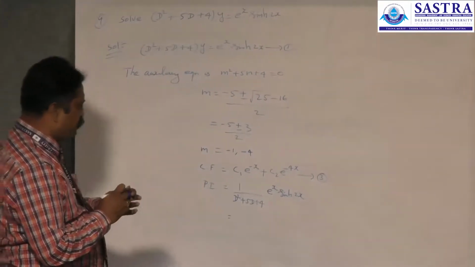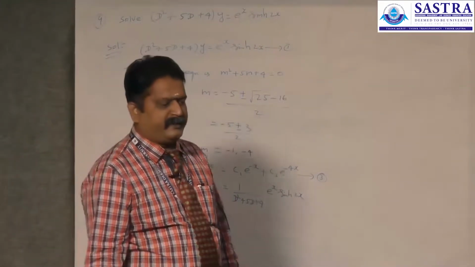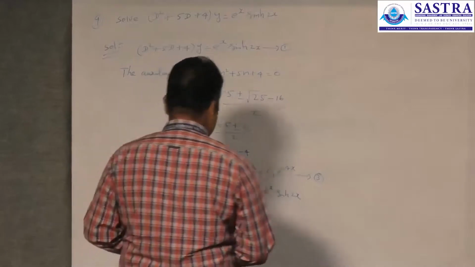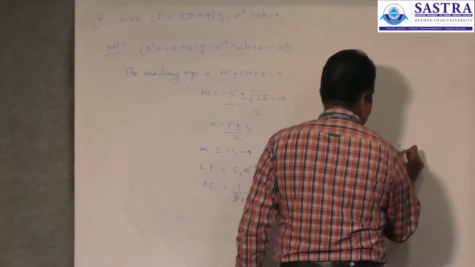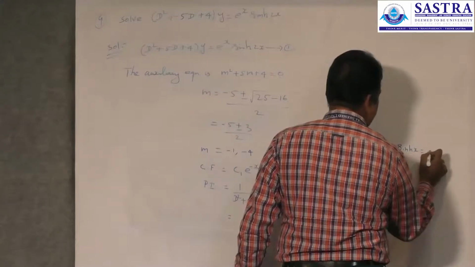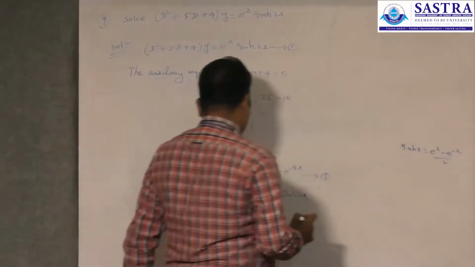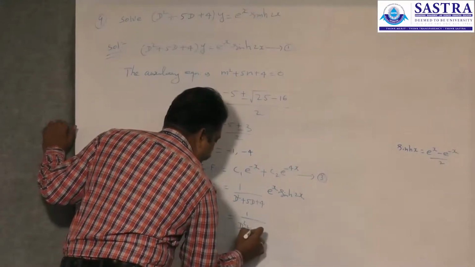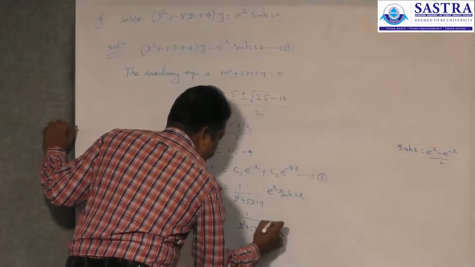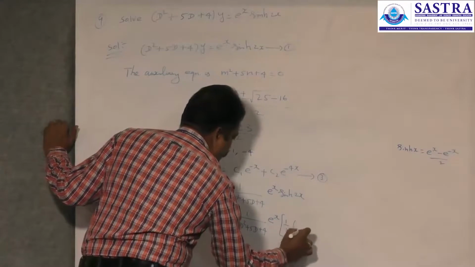As in the previous one, sinh 2x should be written in terms of exponential function. We know that the definition of sinh x is equal to e power x minus e power minus x divided by 2. So 1 by D square plus 5D plus 4 e power x into 1 by 2 times